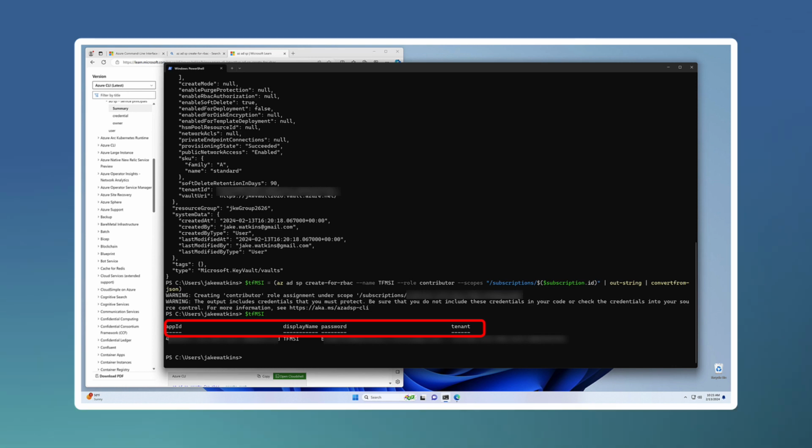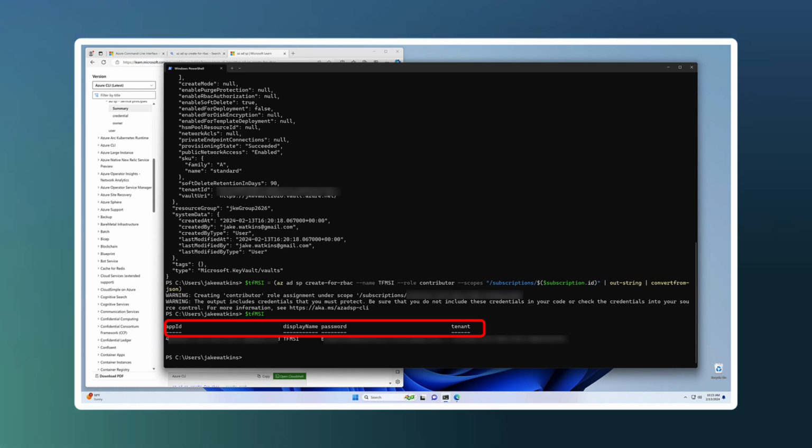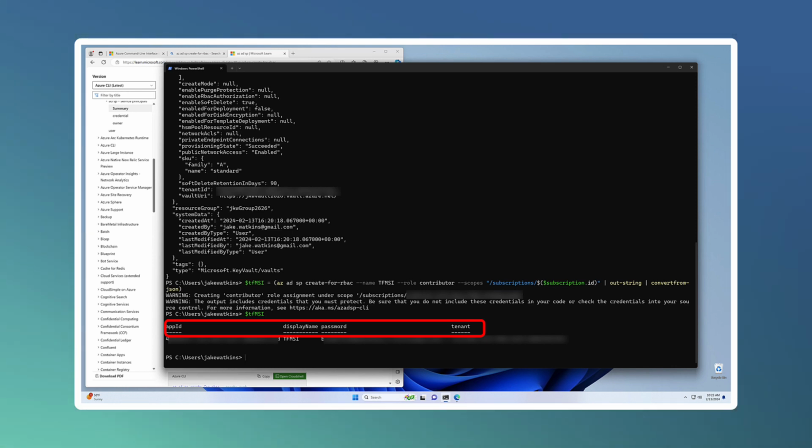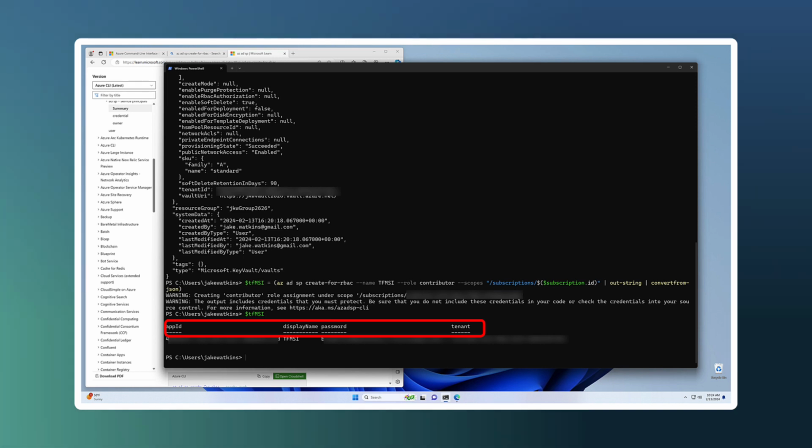So app ID is your client ID. The password is actually client secret for OAuth. We have the display name, tells you which tenant it's going into. So these are the details. We stored that in this PowerShell variable or PowerShell object so that we can pull this all back as we need. So here's why we created our